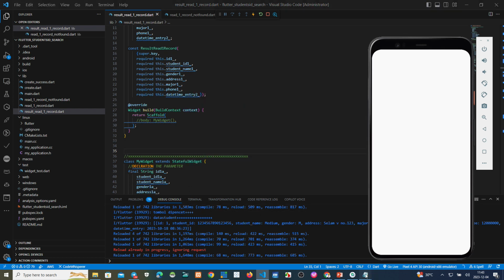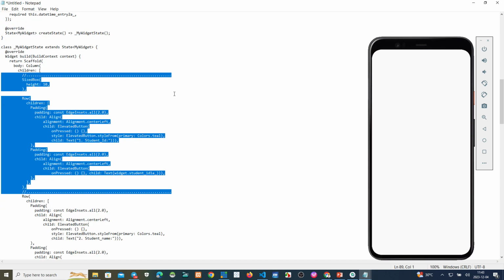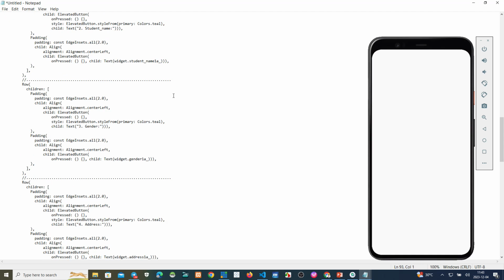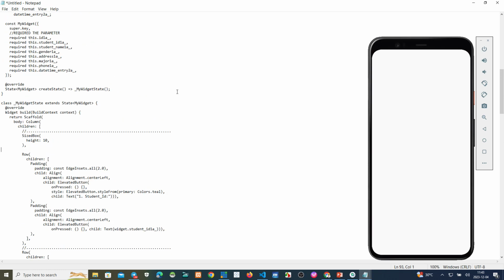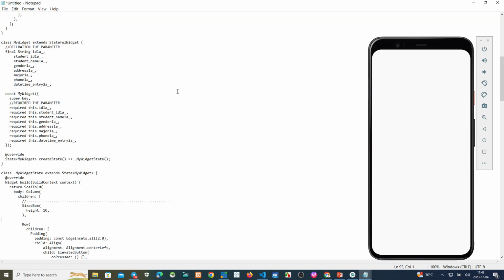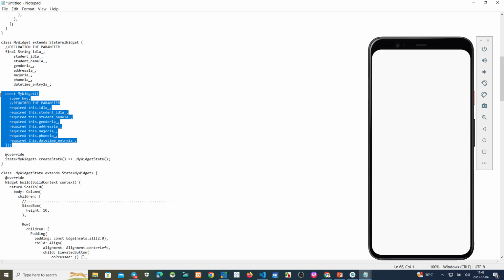Okay, we make a copy to make it faster. Where is it? Stateful widget. Okay, this one. Const.